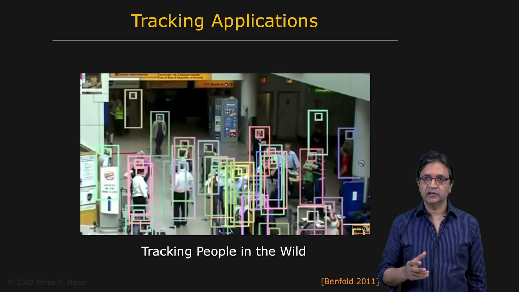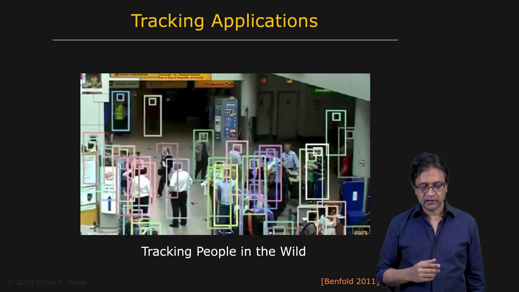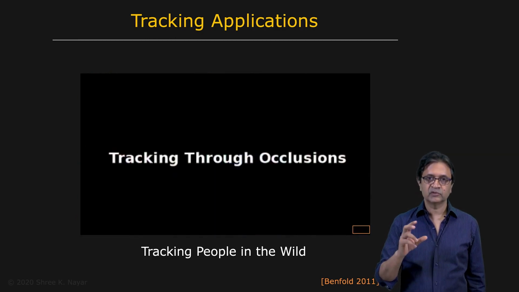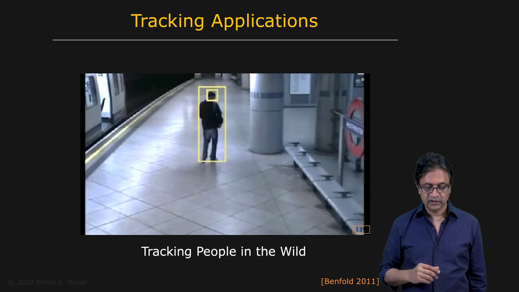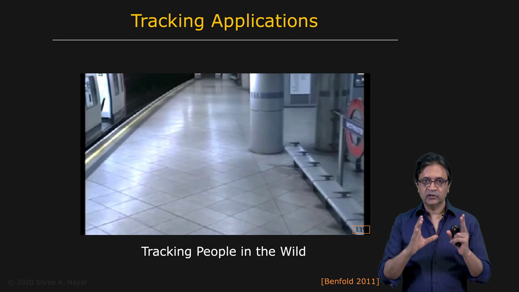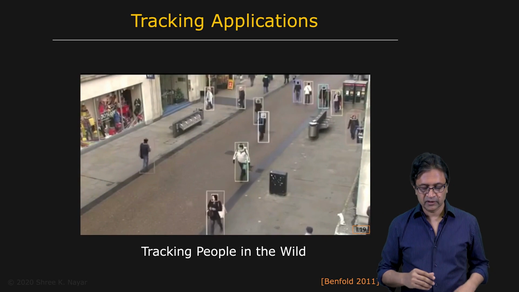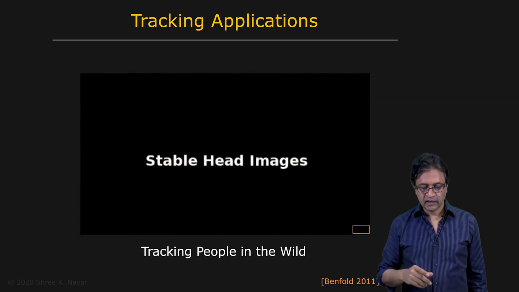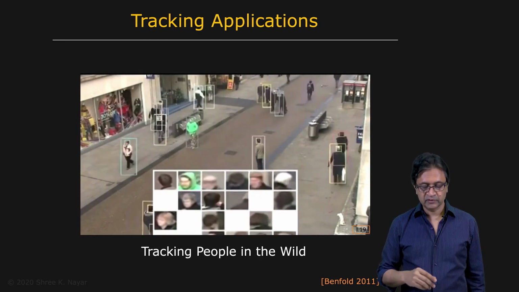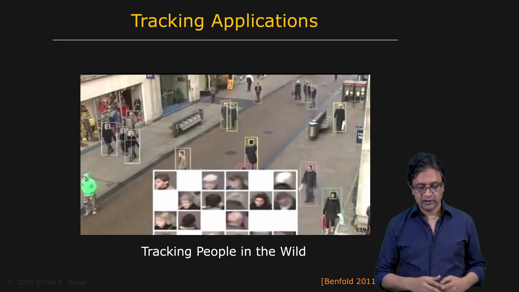And this is a fairly complex scene. There's a lot of obstruction going on here, and you'll see that the tracker works quite well in this case, despite the fact that sometimes there's a very small portion of the person visible. And here is occlusion. So the person goes behind the pillar, but the window is able to somehow track him, and that's because there's a little bit of persistence built into the system. And now, since we are also detecting heads, we can find faces when they are visible, and perhaps apply things like face detection on top of tracking.